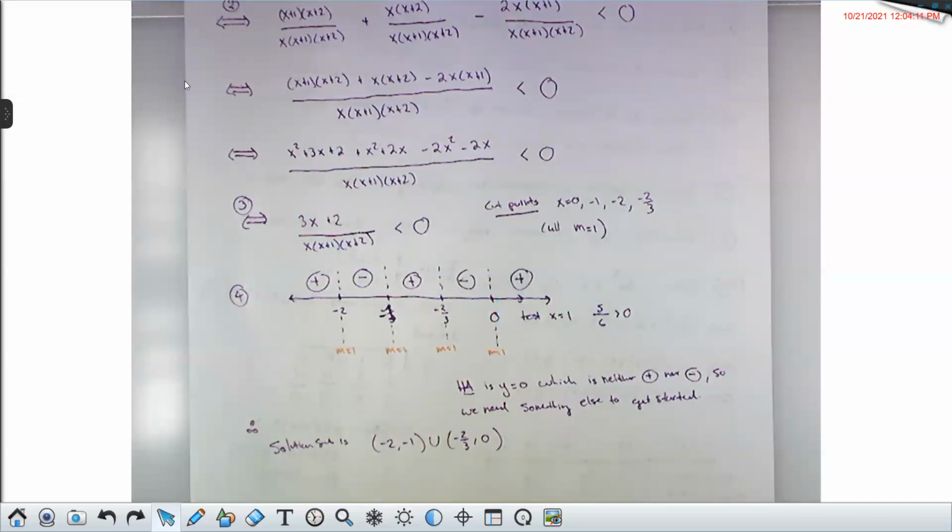In the same sense, you could test x equals -3. Yeah, we could have tested -3, but I'm too lazy. Even the idea of plugging -3 into this is more work than I want to do. We've already done so much work. But yes, we definitely could do that instead if we wanted.